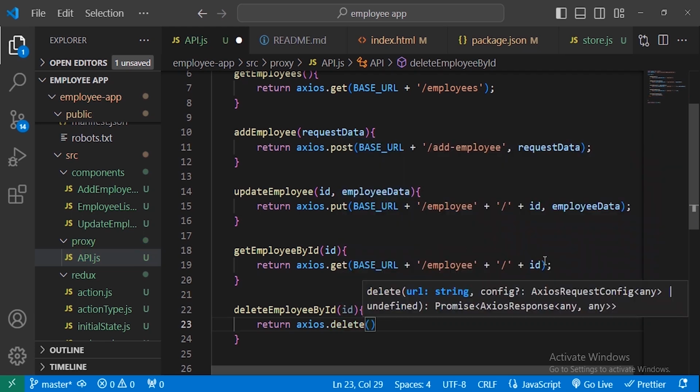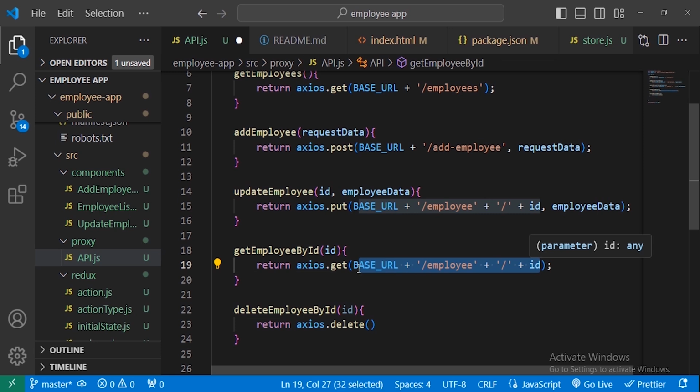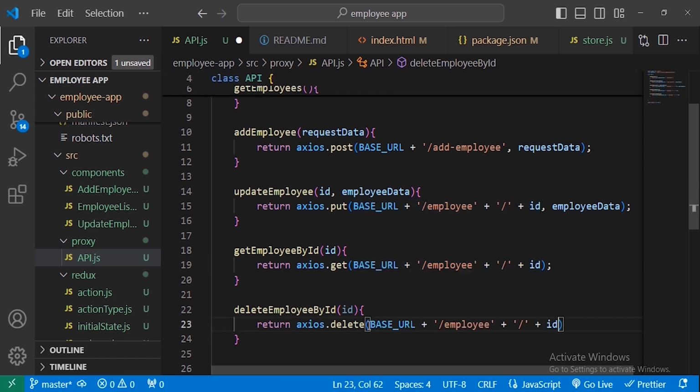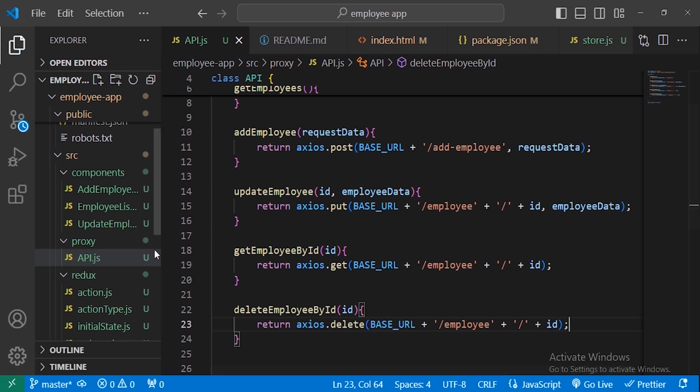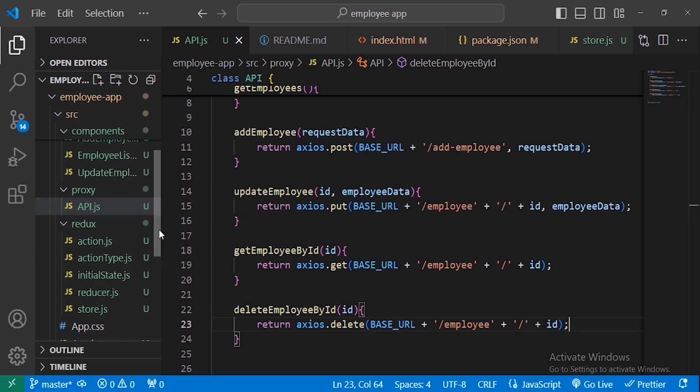So the logic inside will be the same as this one. We just need the ID and the path to the employee. So let's have this. For the delete, we will have the action to remove the user from our state. So we will go to the action.js and define this. Let's save the changes. So we need to go to the